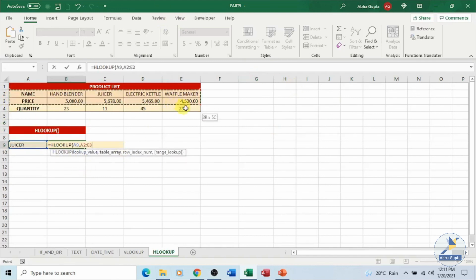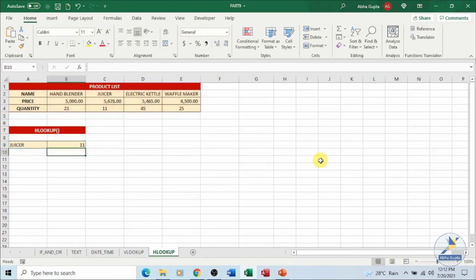Say this is my range over here, comma, now this time you have to provide which row you are looking for, like this is your row number 1, 2 and 3, because we have given this as the range. So I am looking for the quantity and I am looking for an exact match. So press enter, so for juicer, you have the quantity 11 over here, because this is my range. So row number 1, 2 and 3, and we are looking for an exact match.